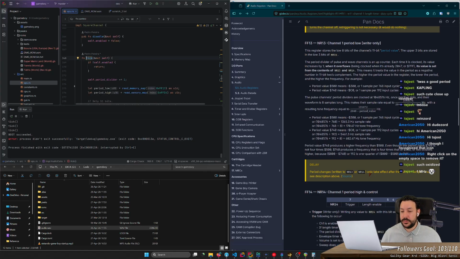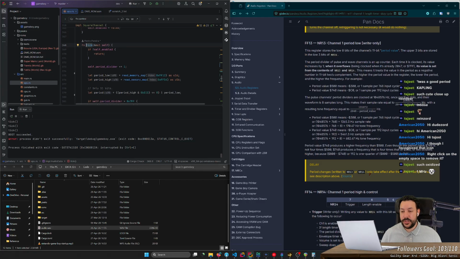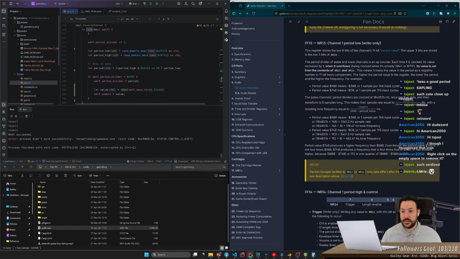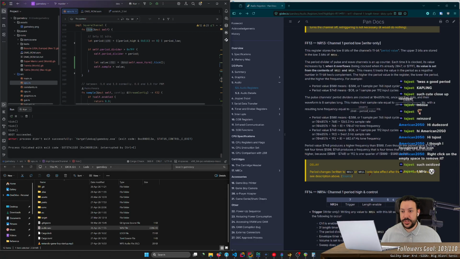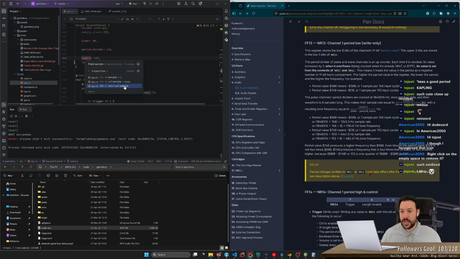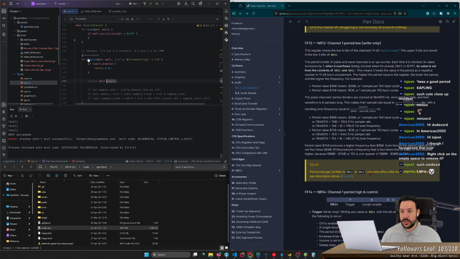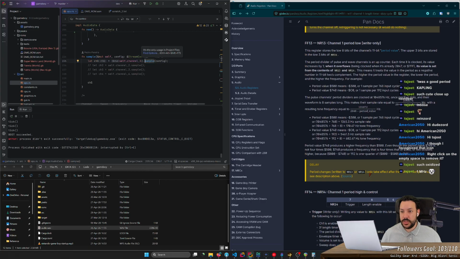But for some reason, this value is not changing as fast as it should. And then this self.sample is what I'm actually outputting here.